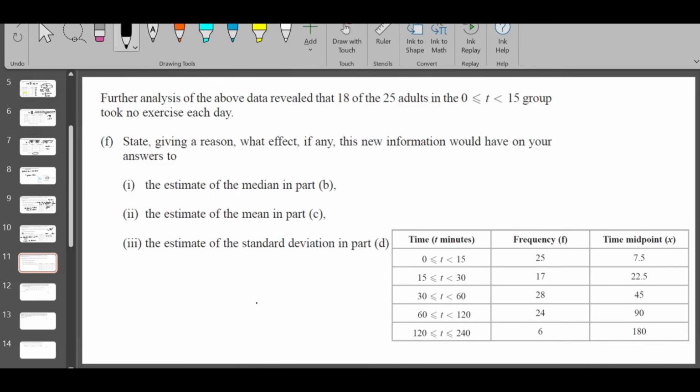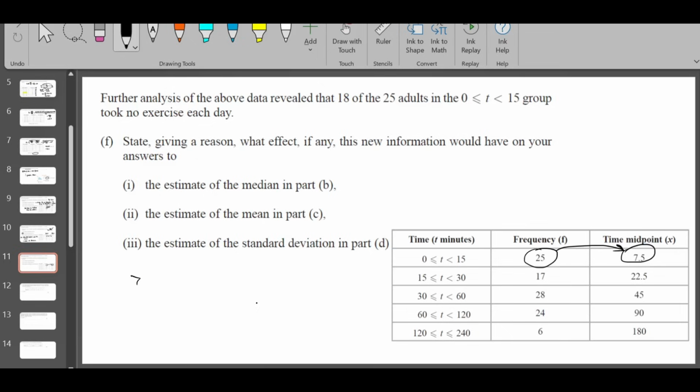Okay, listen carefully. Before, it was 25 adults and the timing is between 0 to 15. We don't know the exact time, so we take the midpoint, that means 7.5. So all these timings of 25 adults are closer to 7.5, right? That's why we group them into 0 to 15, and we assume that all of their times are closer to